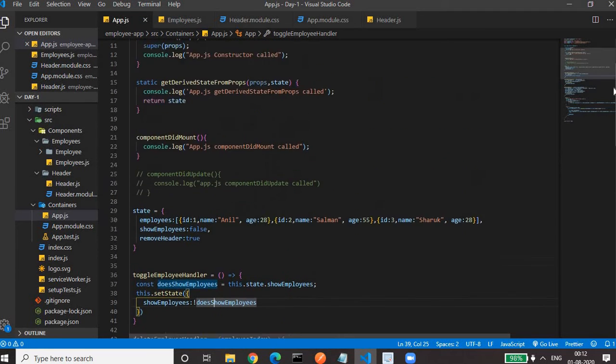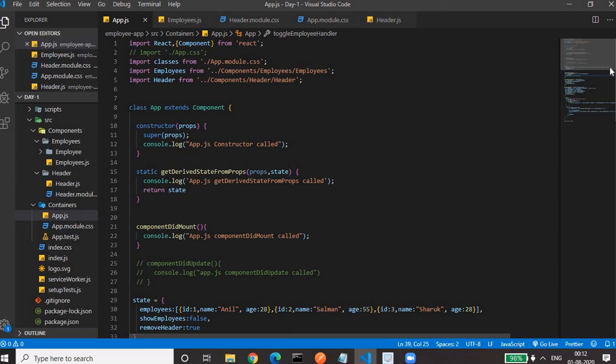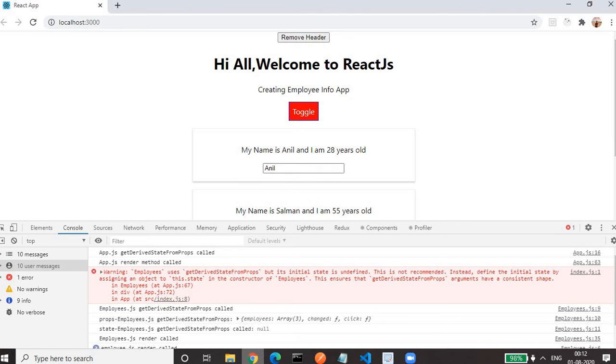In app.js, for updation we have only get derived state from props, then the render method. That's why get derived state from props is called again. This method is called during creation as well as during updation, and the render method is always called whenever state or props get updated.